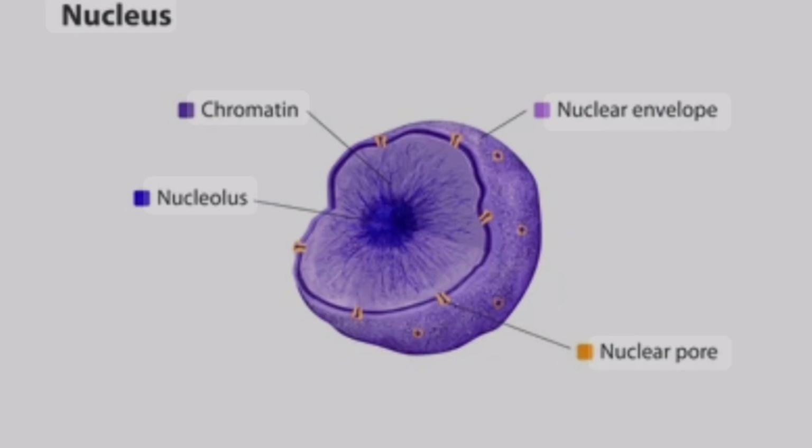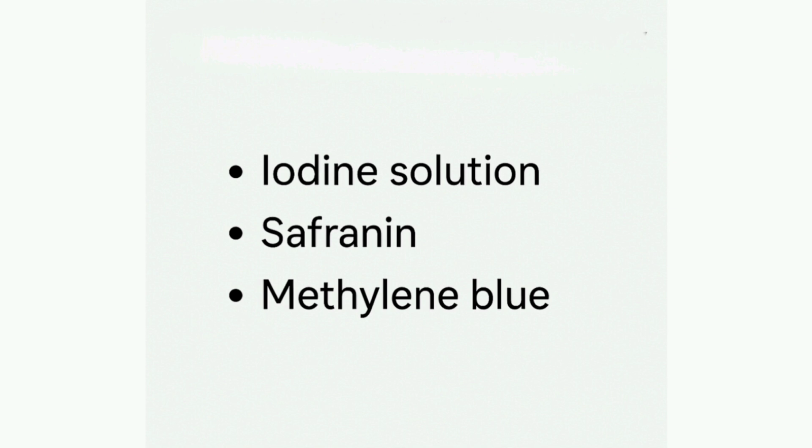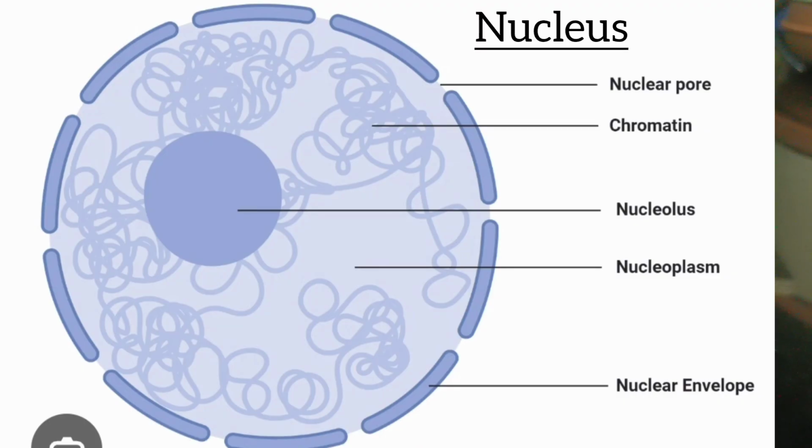Now let us study the structure and function of nucleus. We cannot see the cell organelles clearly without staining. To make them visible, we use stains like iodine solution, safranin or methylene blue. And just like we observe cells in onion peel, we can also observe the nucleus in human cheek cells using a microscope after staining. The nucleus is a dark colored round or oval structure found near the center of